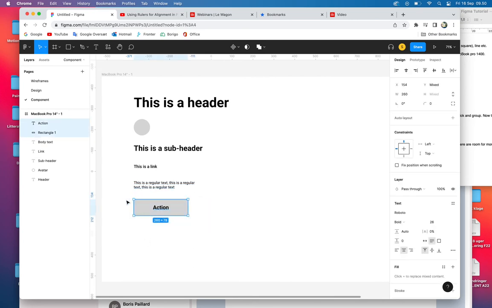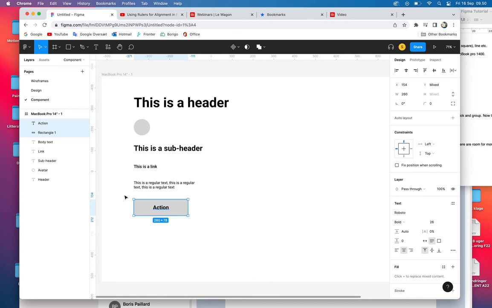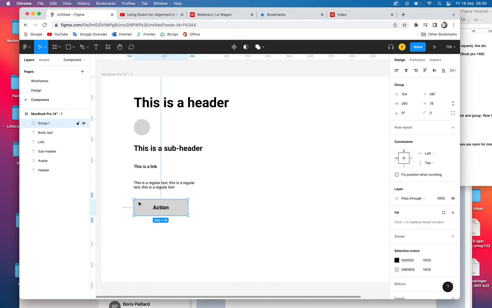I'm going to select these two and group them by just dragging the mouse over them and then pressing Command G. And now I have a group, and I will call that group button. So now I have a button, and you can see that I still have the different items inside of the button. I will actually make an input field also, so I will make a copy of this group by pressing Command D for duplicate, and this second one I will call input field,